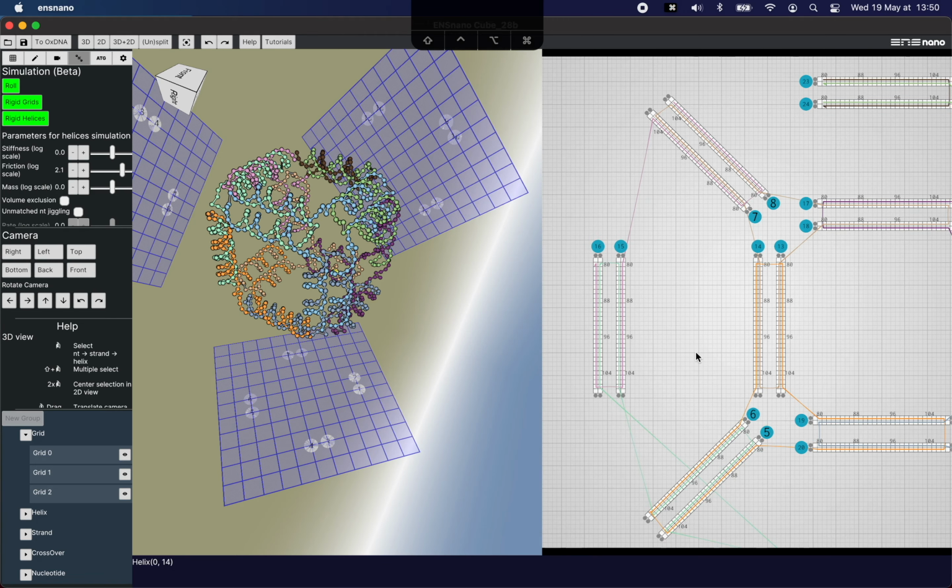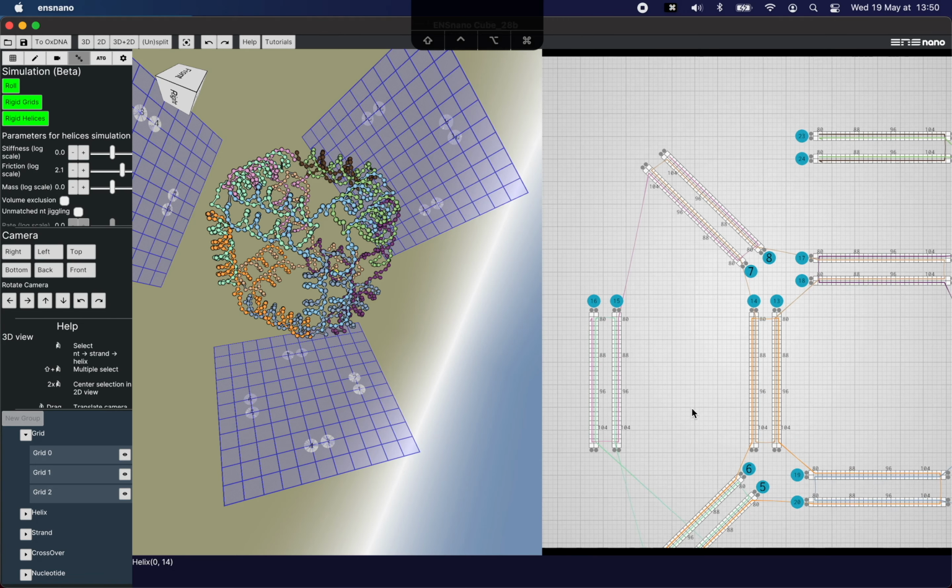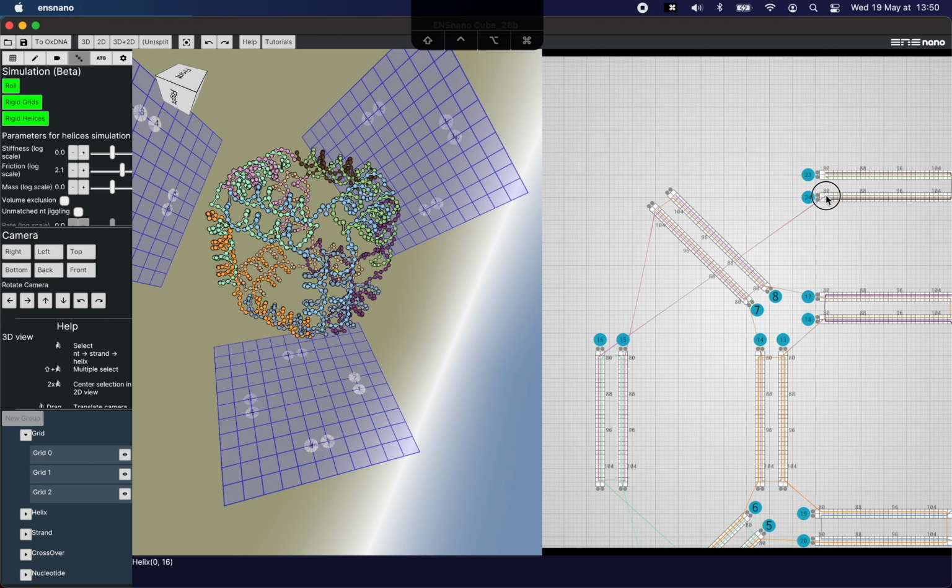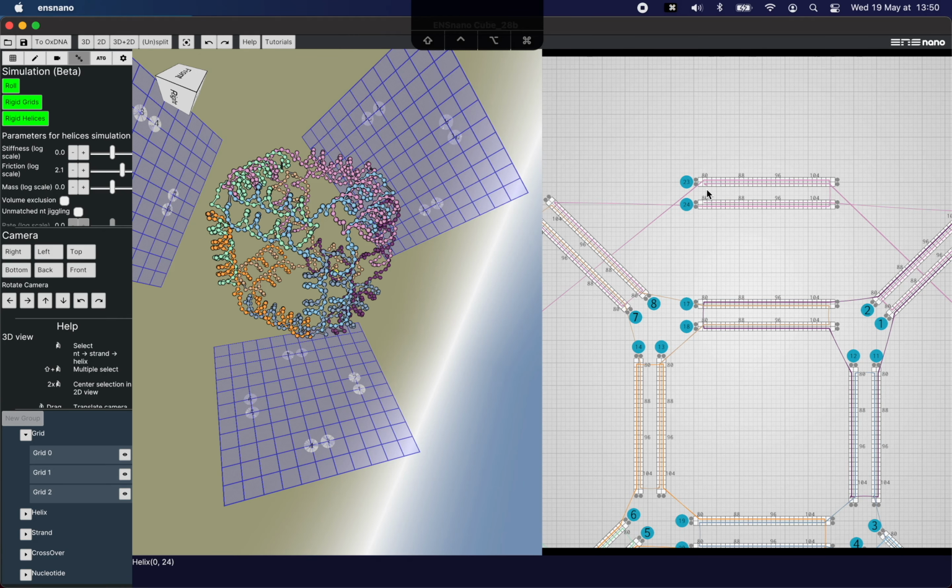Okay, so now I think that this is closed. Okay, so I need to join this guy with the guy up there. I will just close. No, wait, I'm connecting the wrong guy. Okay, I want to connect the guy from the outer face to the outer face there. Okay, and the inner face, I want to connect it to the inner face there. Okay, so now it's fine. Now I need to connect these two guys together.